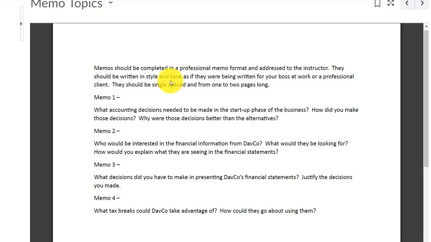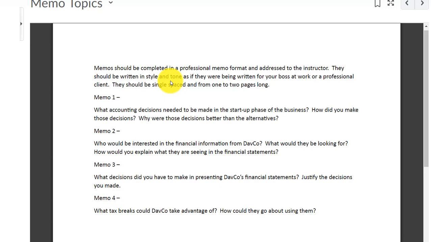Memo 3 is going to deal with the overall report, the final product after we've done all the financial journal entries and we're ready to make a nice, pretty, professional looking report. What decisions did you have to make? Where do things go? How to display it? All that kind of stuff. Things that you might just make without thinking too much about. I'm asking you to justify these in this memo so that the boss can say, all right, this is why we decided to record